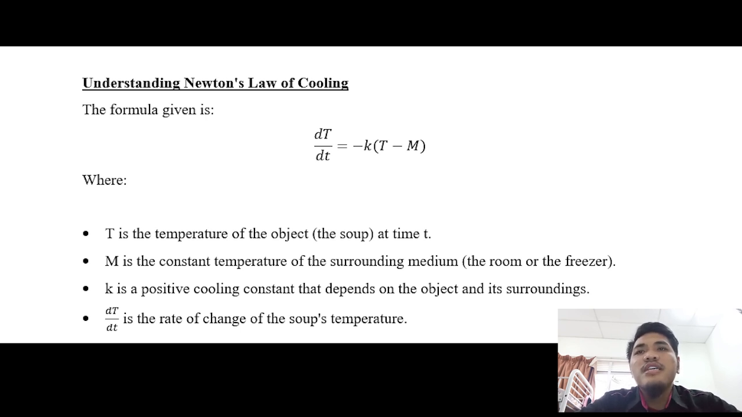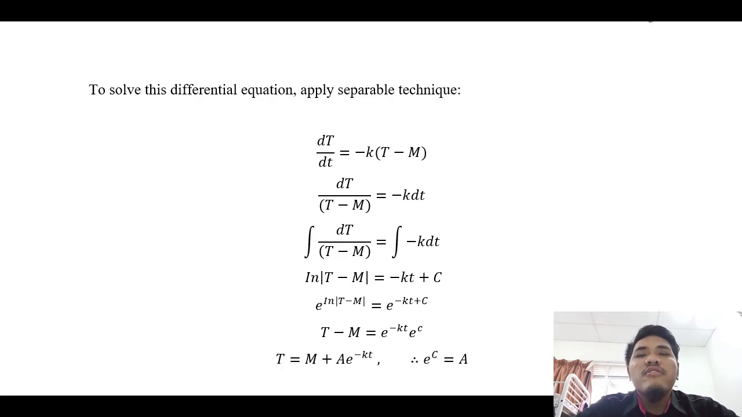T is the temperature of the object, M is the constant temperature of the surrounding medium, k is the positive cooling constant that depends on the object and its surrounding, dT/dt is the rate of change of absolute temperature. So first of all, we must use the separable method, which is to separate the left and right side. After that, we integrate both sides, and to eliminate ln we must add exponent, and then the final answer is T equal to M plus A e power of minus kt,